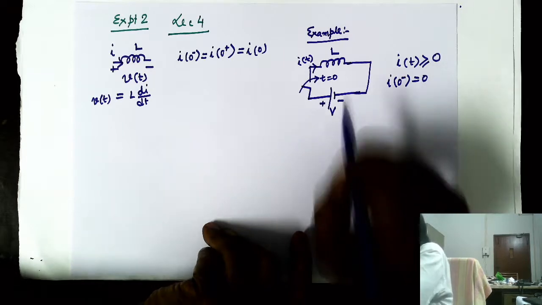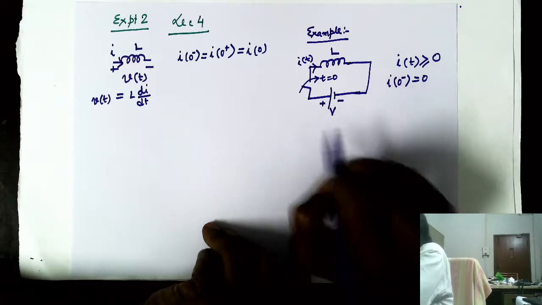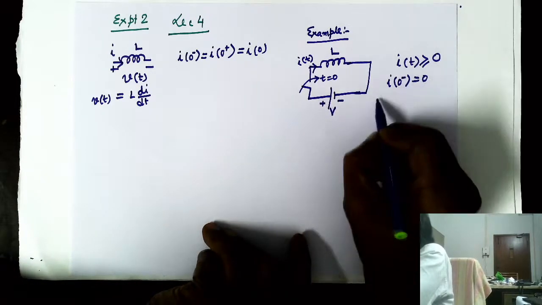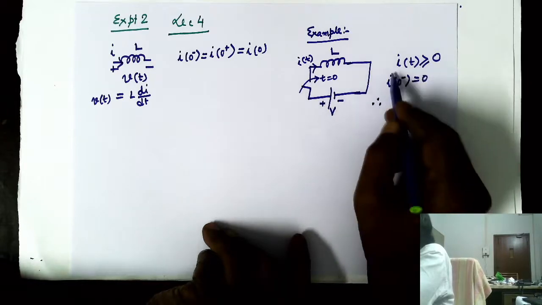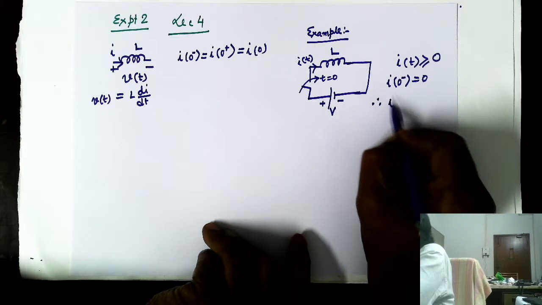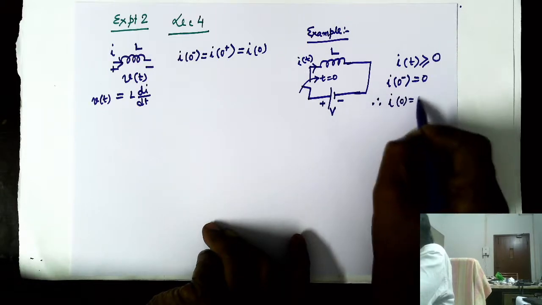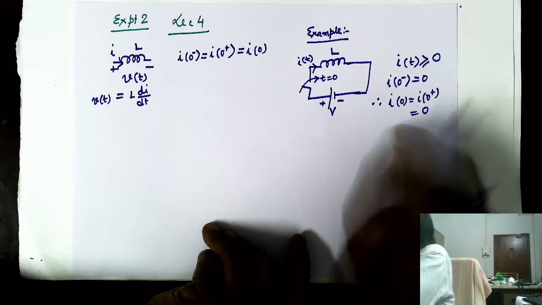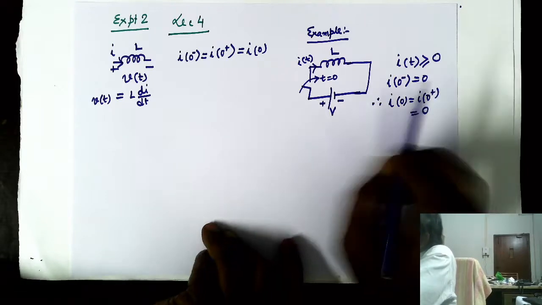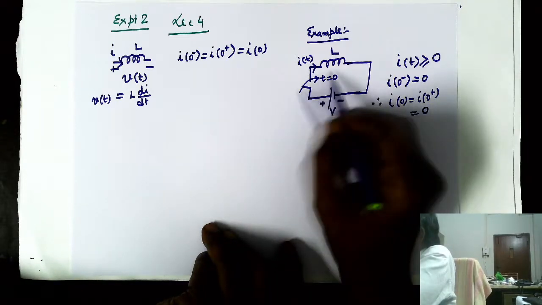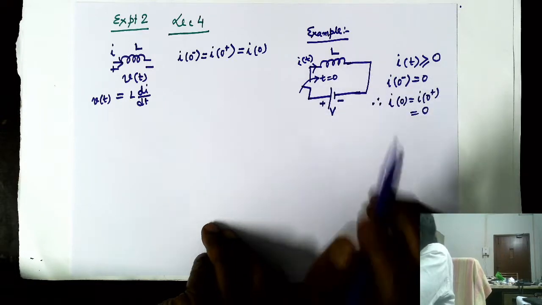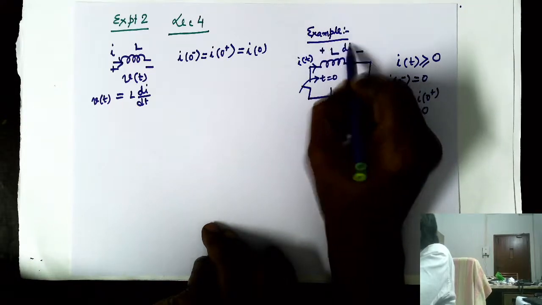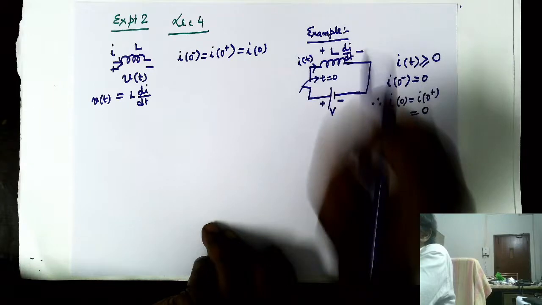And then I will say, oh, that is fine. And then you are applying a voltage V, which is not an impulse. So I will then write, okay, then I have to solve for i(t) for t greater than 0. So i(0) is equal to i(0 plus) is equal to 0. This information is now known to me. Then the circuit for t greater than 0 is this one, an inductor connected to this voltage. Now what is the voltage drop across the inductor? It is L di/dt with this polarity, because I have assumed i to flow like that.